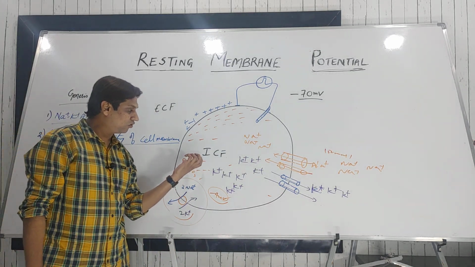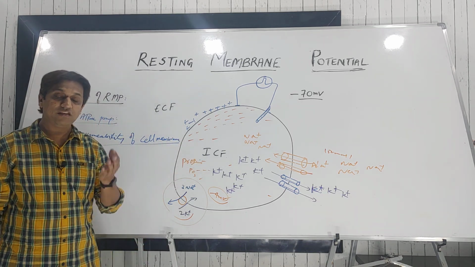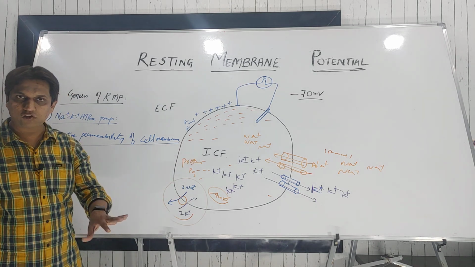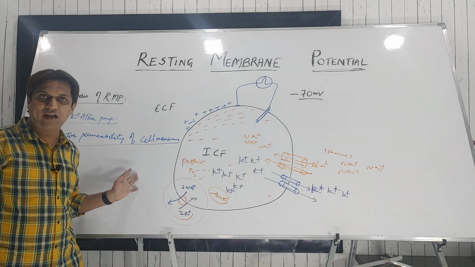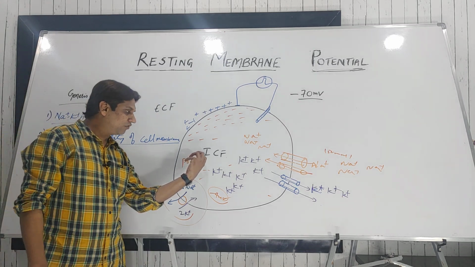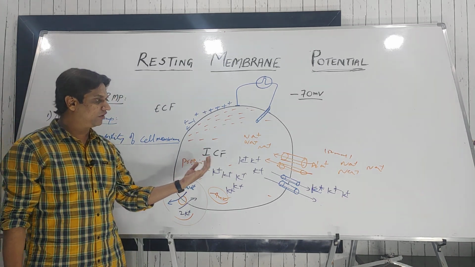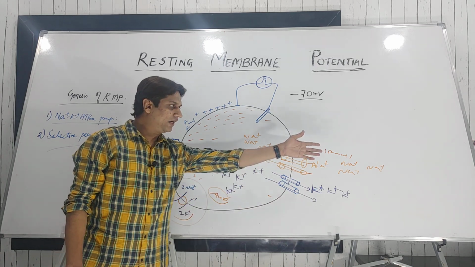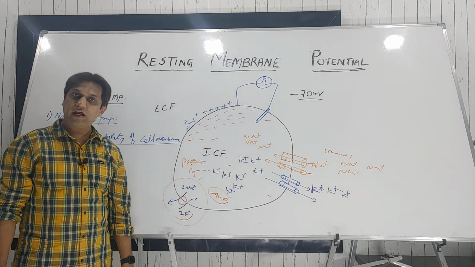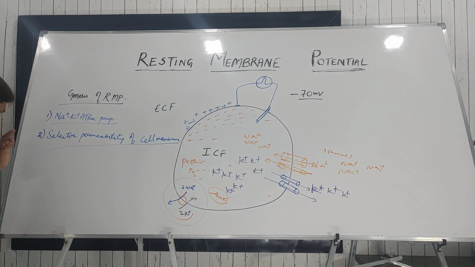Also this cell membrane is not permeable to proteins and phosphate, which are anions, negatively charged ions. These negatively charged ions are not allowed to move outside. So more negative charge remains inside, more positive charge goes outside, and less positive charge comes inside. Ultimately the interior of the cell membrane becomes negative. This is one of the reasons, the selective permeability of the cell membrane, due to the diffusion current. Now the third factor to understand this is the mathematical equation,